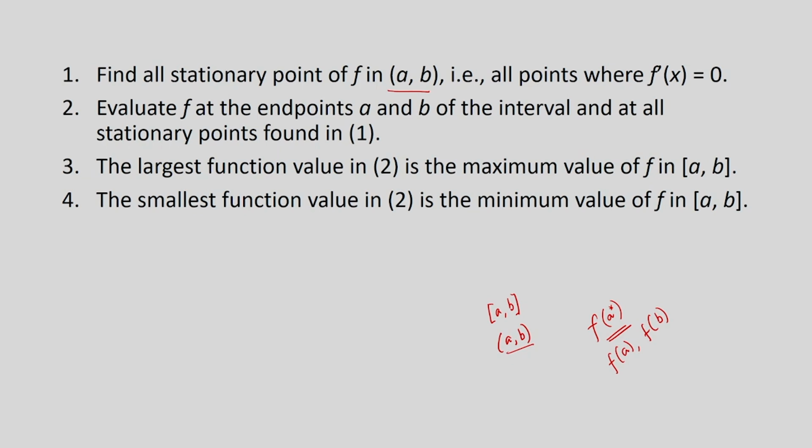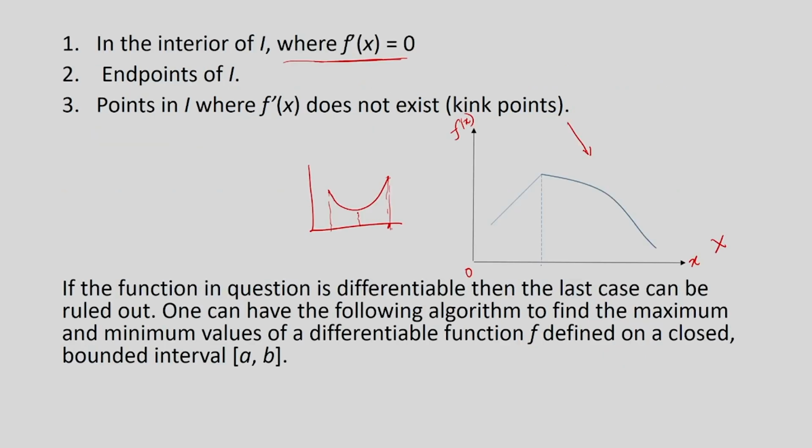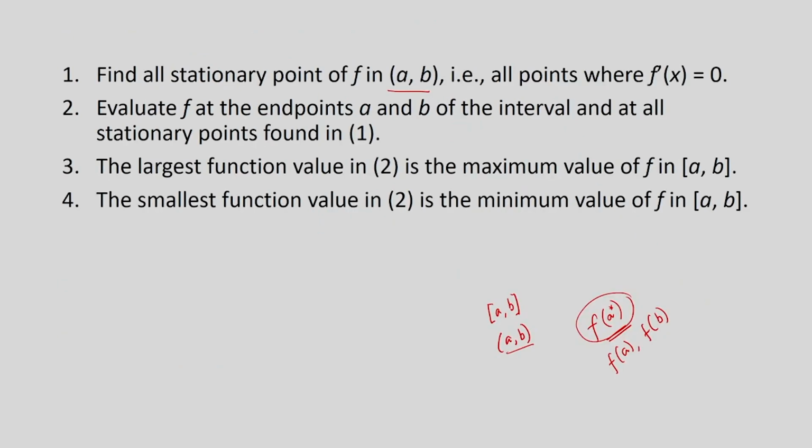Then we are finding out the value of the function at the stationary points. These are the values, and basically we have covered the first case here. This case has been covered, but it is possible that the maximum or the minimum can occur at the endpoints, right,